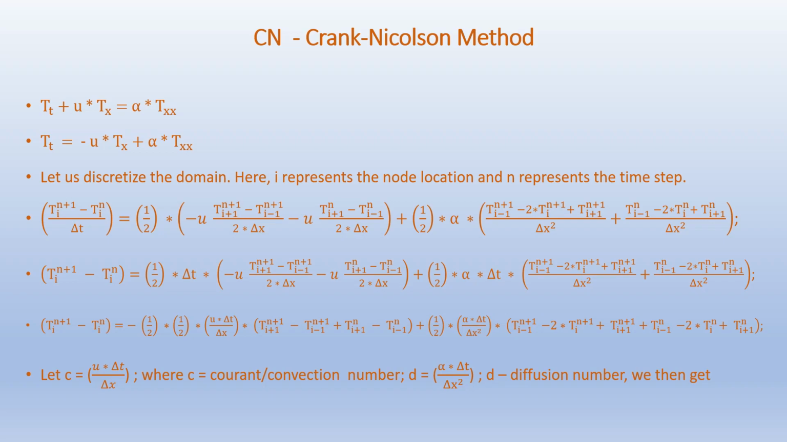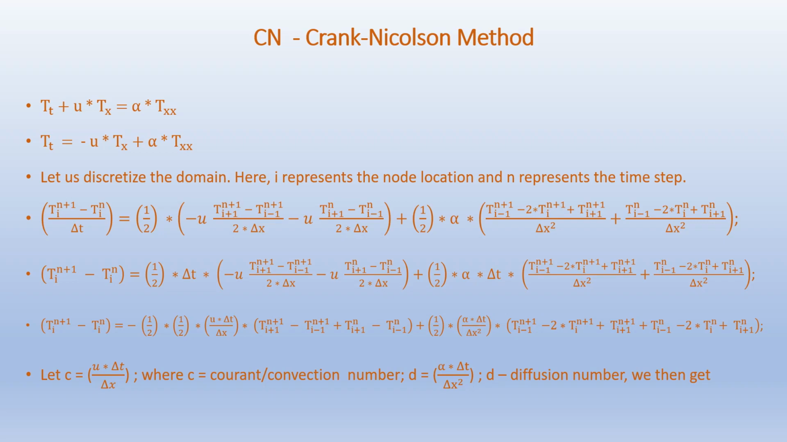So we'll reproduce the 1D advection-diffusion equation here as T_t plus U times T_x equals alpha times T_xx, which can be rewritten as T_t equals minus U times T_x plus alpha times T_xx. We will use the Crank-Nicolson method here to discretize the domain. Here i represents the node location and n represents the time step. Accordingly, we get